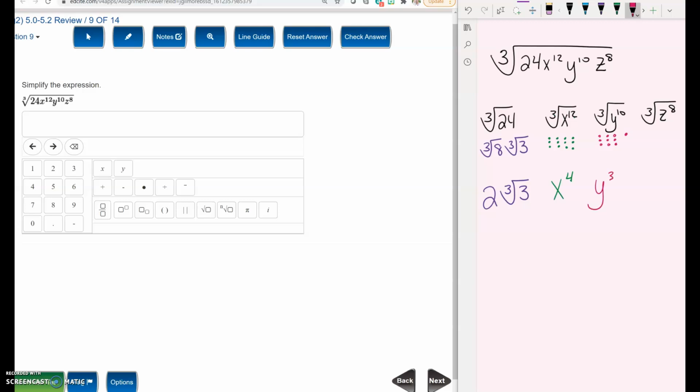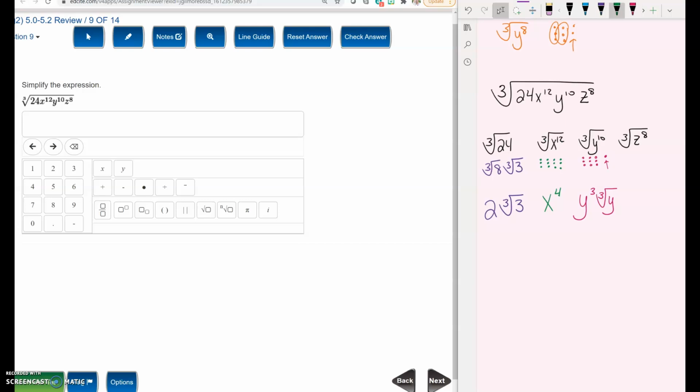There are 3 full groups of 3 with 1 left over. That 1 that's left over is still stuck under the radical. For the z's,